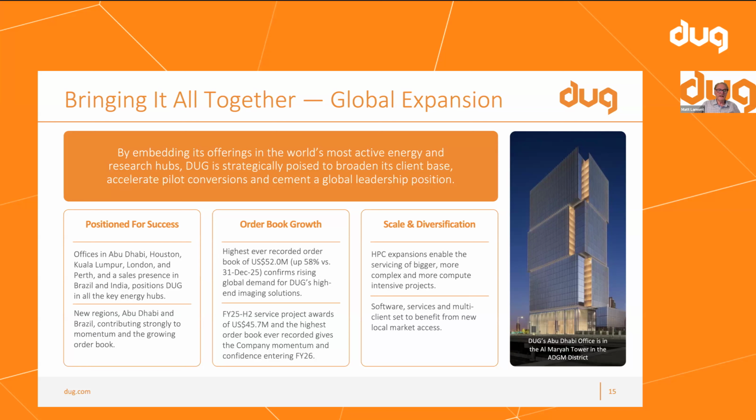And it's just fantastic to see Abu Dhabi and Brazil kicking into the revenue and the order book the way they are. The highest ever order book, and I think that's just going to continue to grow from what we're seeing. We've talked about a really large, healthy pipeline, the biggest we've seen for the last 6, 12 months, and now we're starting to see it really convert over the last 6 months. But that pipeline is continuing to grow. It's not dwindling. It's continuing to grow significantly. And you can see there that half of that order book came in the last 6 months. Not all half, sorry. 45 out of 52 million came in the last 6 months. So momentum is seriously growing.